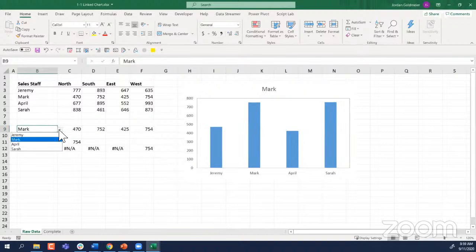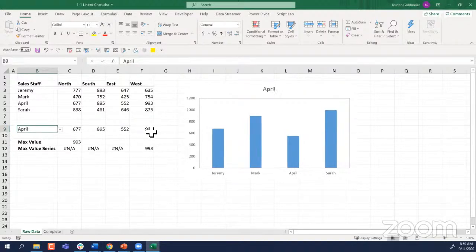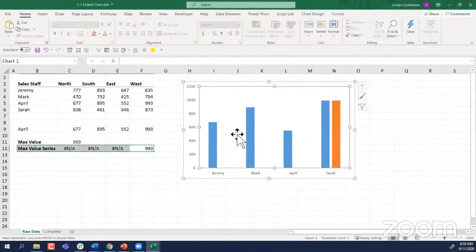You see 754 is the greatest value. Hit April here. 993 is the greatest value. Same deal. Okay, so we're going to take this here. Control C to copy. Click into the plot area. Control V to paste. Okay, so that gets us the chart itself, and it gets the rest of it not